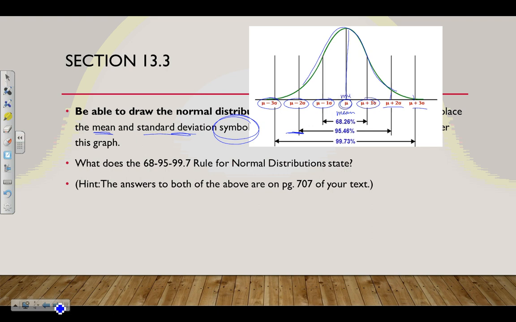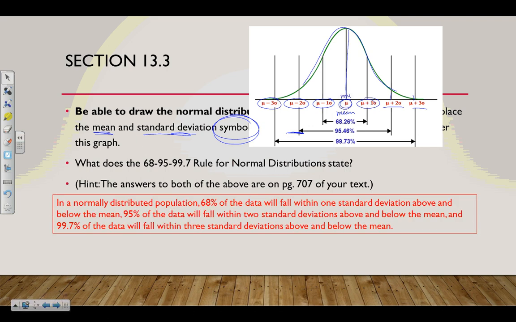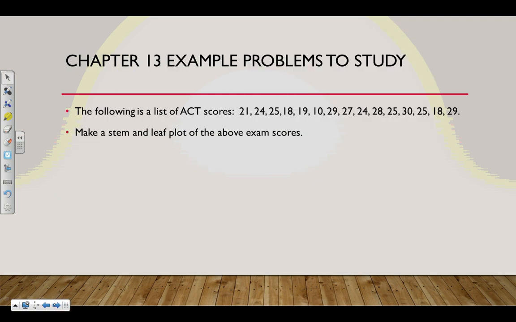So you need to know this graphic that I just showed you here. Also, what does the 68, 95, 99.7 rule for normal distribution state? It states this right here. I'm not going to read it to you. You can pause and read this, but it is right out of the textbook. You do need to understand that 68% of the data falls 1 standard deviation above and below the mean. There's 68% of the entire data right here. 95% of the data falls within 2 standard deviations above and below the mean, and then 99.7% of the data falls within 3 standard deviations of the mean, which is practically all the data in a normally distributed set of